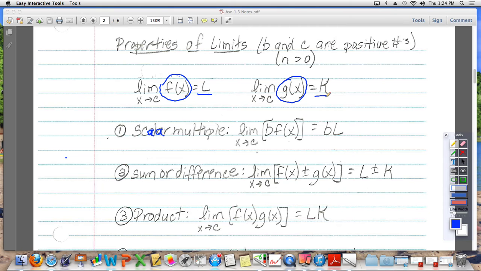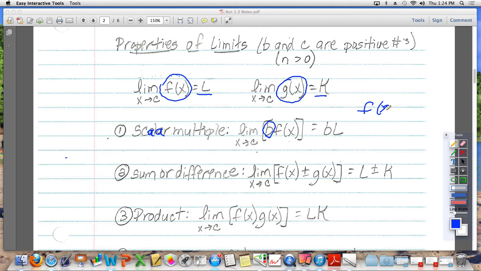Alright, the property called scalar multiple says that if you take the limit as x approaches some number c, you will get the same answer if you multiply the function by b and then calculate the limit, or if you find the limit of the function first and then multiply the limit by whatever the scaled number is. So this b out front would be, for example, let's say that f of x,